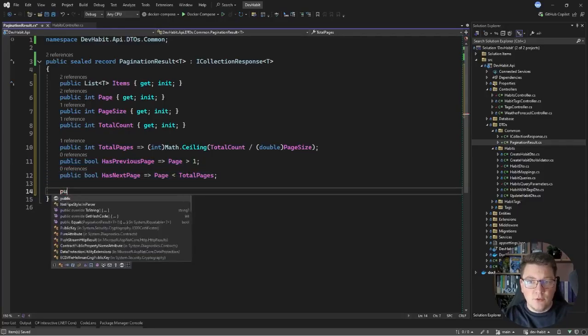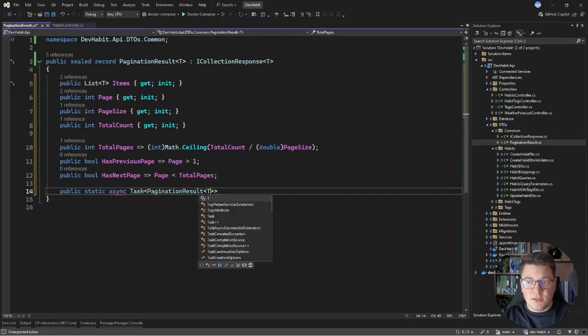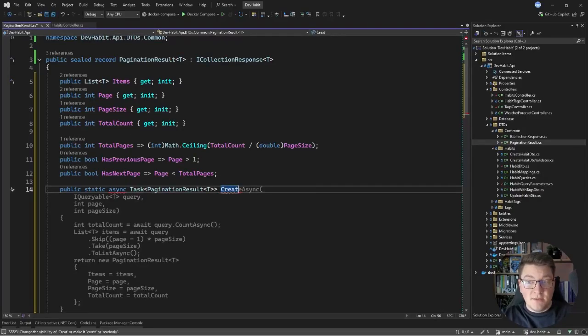And one more thing I want to do here is to define a static method that will allow me to return a pagination result instance. It can be a generic method, accepting an I queryable and a page and page size. And what we need to encapsulate inside is our total